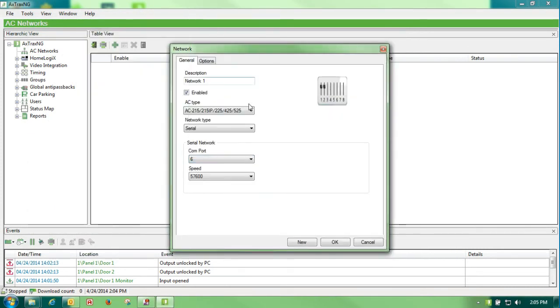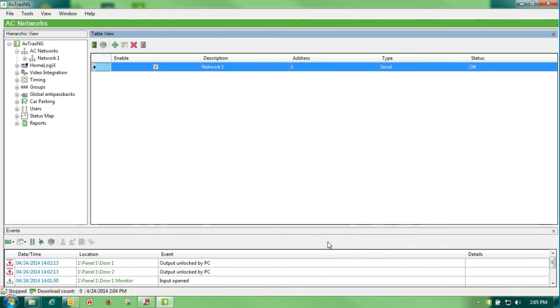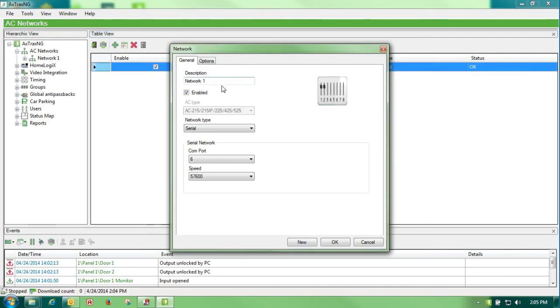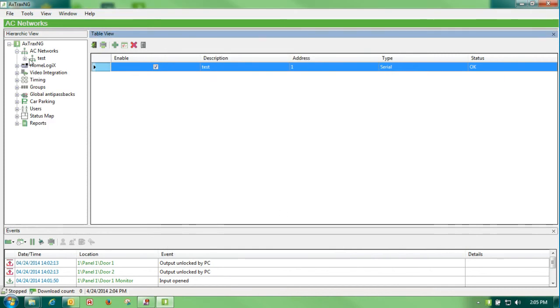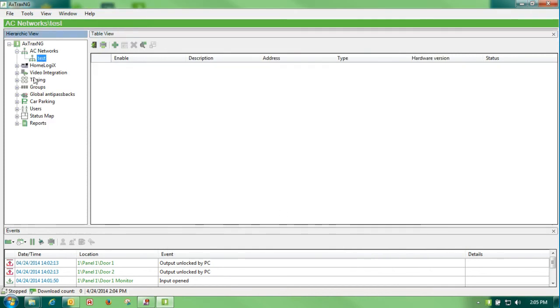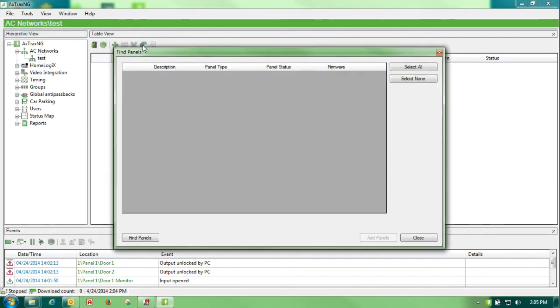Change this to COM port 6, tell it OK. Now you will see that my status is OK. It's my serial connection, and I always do want to give it a title so I'll know what it is. Tell it OK. Once I have created my network, then I need to find my panel as we did with